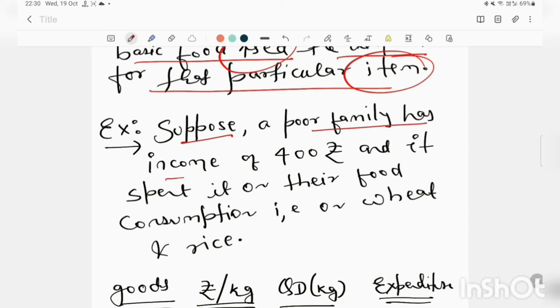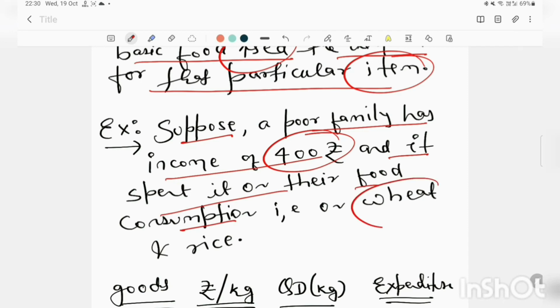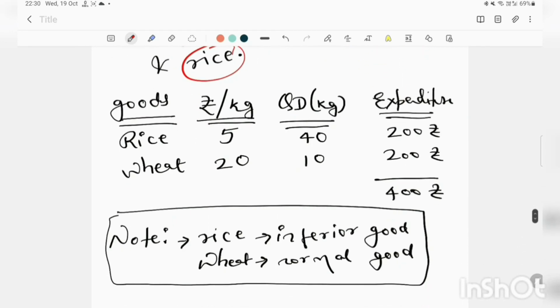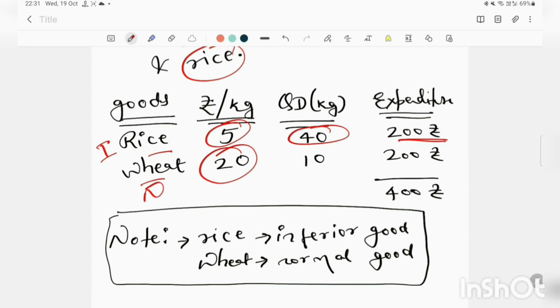Suppose a poor family has an income of 400 rupees and it spent it on their food consumption, that is wheat and rice. Okay. So we have two goods, rice and wheat. Rice, we all know, is considered inferior as compared to wheat. So suppose the rice was selling at 5 rupees per kg and wheat was selling at 20 rupees per kg, where wheat was a normal good and rice was an inferior good. So the total expenditure on rice was 200 rupees, where we were able to purchase 40 kg of rice, whereas the same amount was spent on wheat